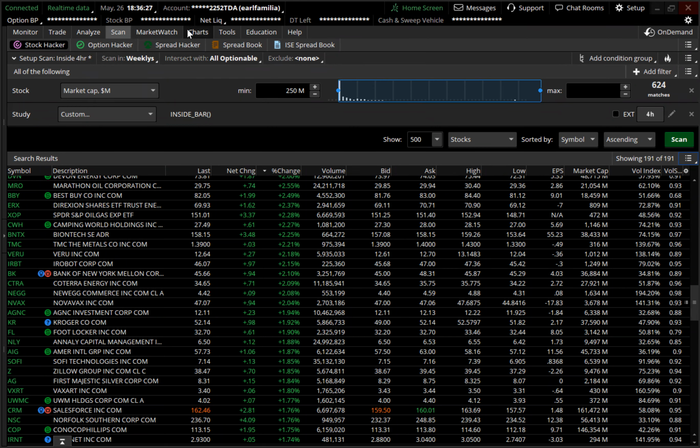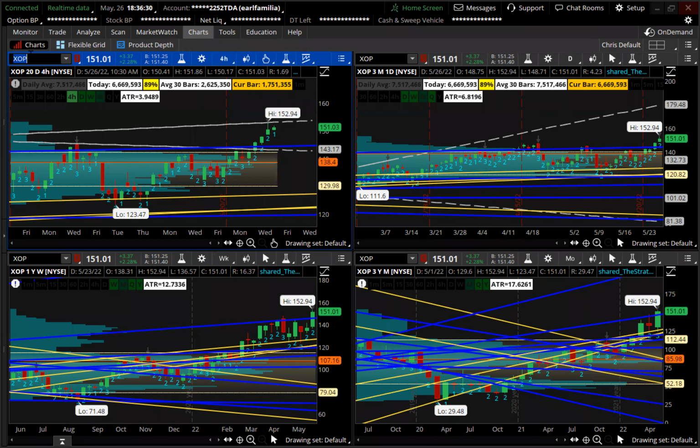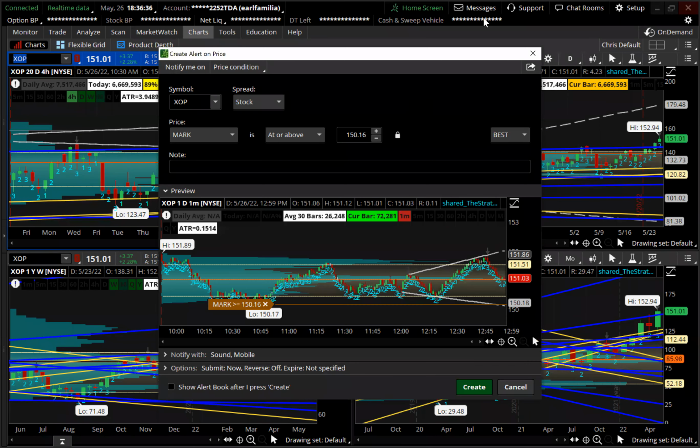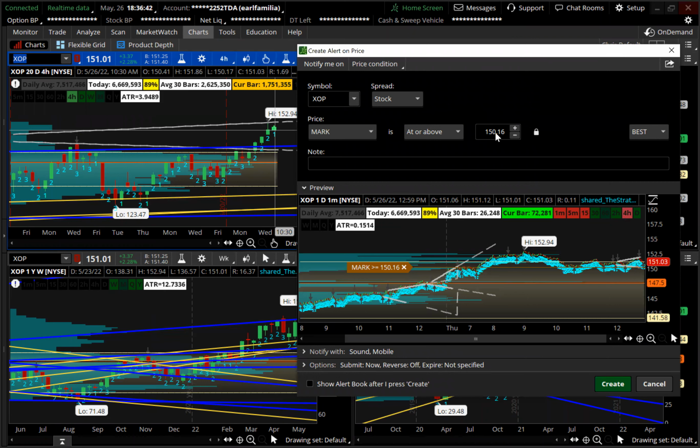XOP looks solid. It's gonna move a little bit slower than the others, but it doesn't have to go as far. So mindful of that. 151.